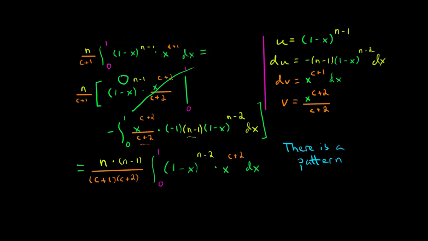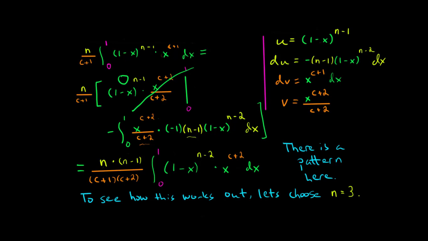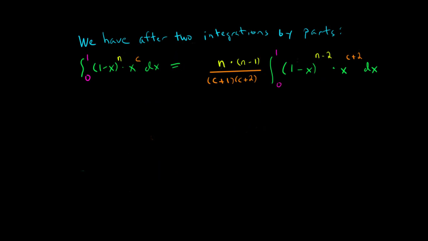And I hope you guys can see that there's a pattern to this. And to see how this ultimately works out, if we were to plug in some numbers, let's plug in n equals 3. Pick a nice small number for n just to see where this is going. So here's what we have so far after doing 2 rounds of integration by parts. And then if we plug in n equals 3, we get the integral from 1 to 0 of 1 minus x to the 3rd power times x to the c dx